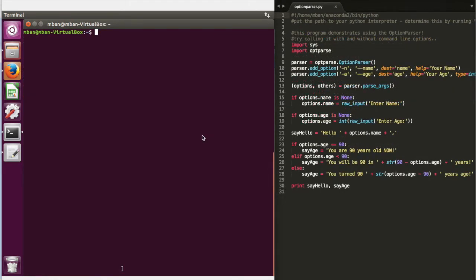As mentioned in earlier examples, dealing with arguments provided to a program from the command line or terminal is both a common and potentially tedious task. The opt parser module or library can be used to simplify the processing of command line arguments. This program uses option parser to systematically allow the user to enter a name and age with the same basic logic as if-else.py. But in this case, we use opt parser to handle the command line arguments in a more